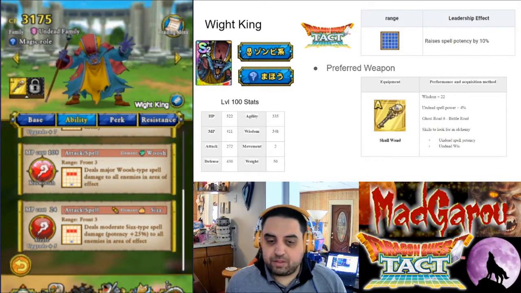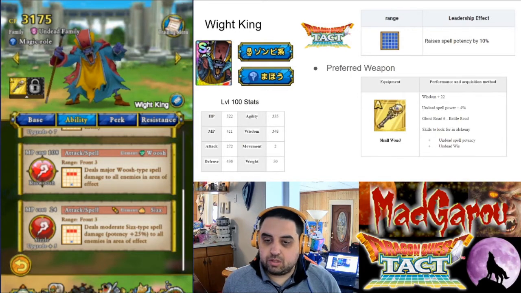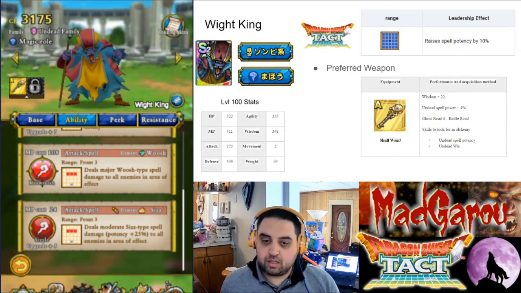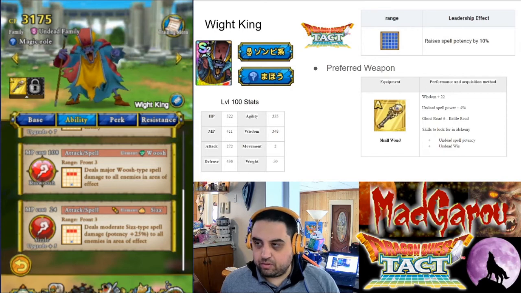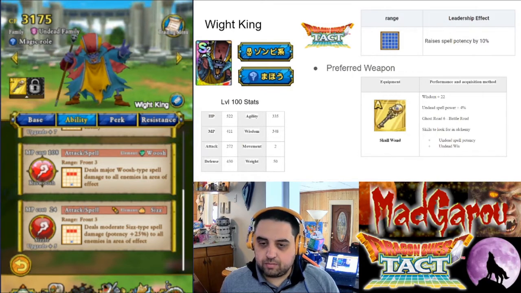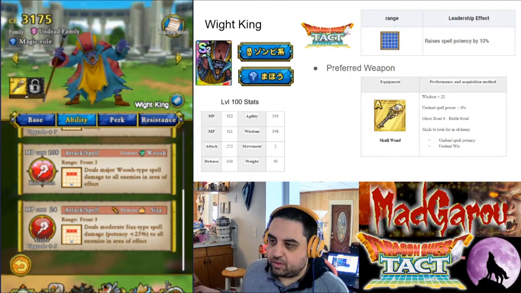His preferred weapon is the Skull Wand, which you can get in the Ghost Road 6 Battle Road. It has Wisdom plus 22, Undead spell power plus 4%. You can see that I've actually got him equipped with the Skull Wand. Skills to look for, alchemy, if you re-roll it, which you can with special items. You want undead spell potency and undead wisdom, but this is by far the best weapon right now in the